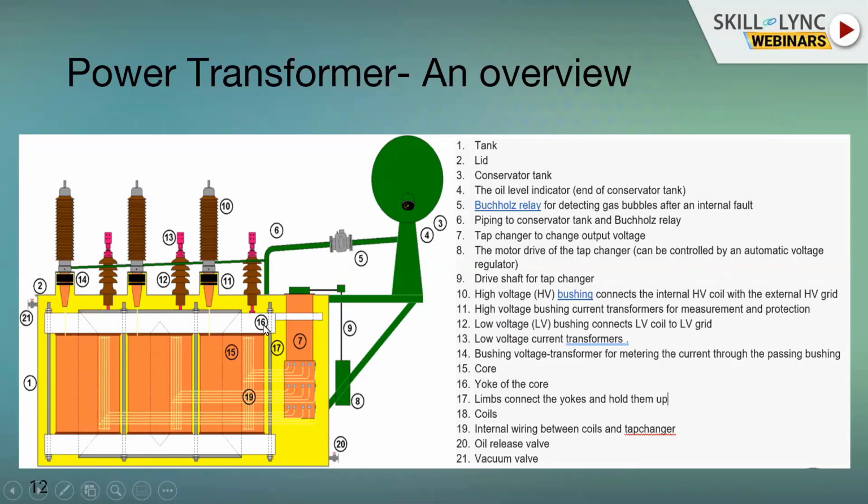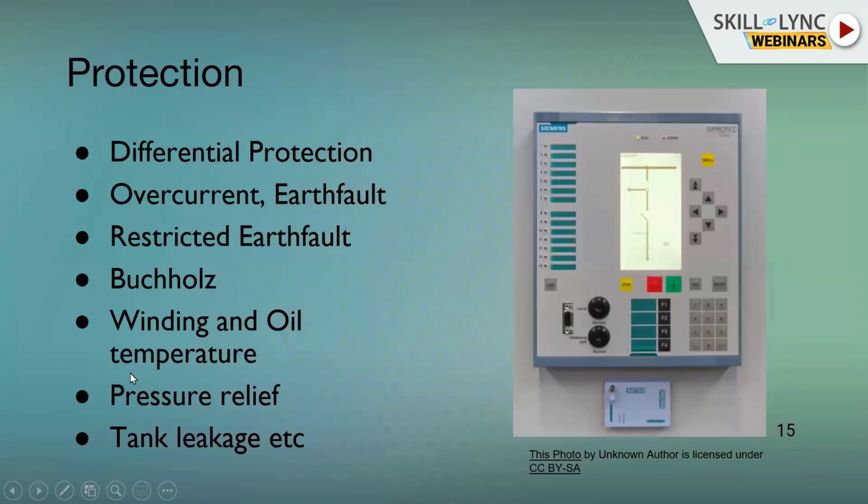What it does is, when there is a fault within the transformer, it sometimes generates gas explosively, because the arc generates so much heat that it instantly vaporizes the oil around it. It produces gas. The gas rushes through the device here, which can immediately make a contact close. It was invented by a man called Buchholz in Germany long back, so it's called Buchholz protection. In addition to measuring current and voltage, and Buchholz, we also measure the winding and oil temperature in case of overload or some other reasons.